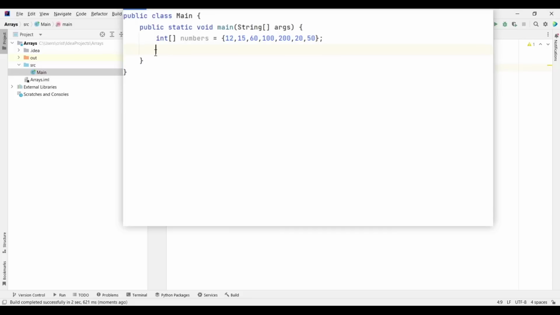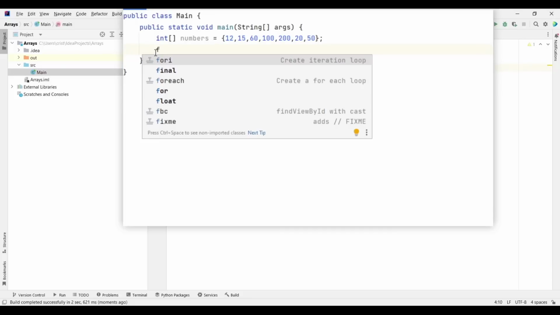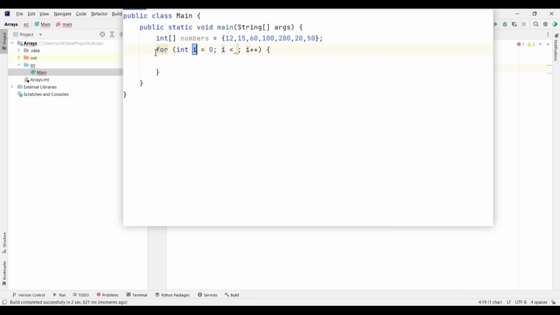So I can type here a classical for loop. I'll type for, and you have this suggestion for i, and it's going to generate for you all the necessary code. So if I press enter, as you can see, it generated all the necessary code. So for int i, if I press tab, it moves to the condition, and I'm going to put the condition numbers, and you can get the length of this array.